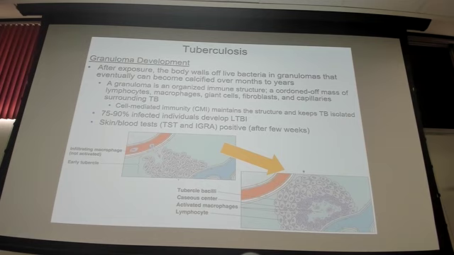So when you have latent TB, that's when you have viable bacteria that remain in those granulomas. Lucia had mentioned this analogy of a ticking time bomb. So that's sort of what LTBIs are. You're walking around with a controlled infection, but viable bacteria in those granulomas. As long as your immune system is able to maintain these granulomas, which do take constant maintenance, this is not something you can just walk away from. You have to constantly maintain them, CD4 T cells in particular. As long as you're able to maintain those granulomas, you should at least be able to contain any viable bacteria from escaping and going into the bloodstream.